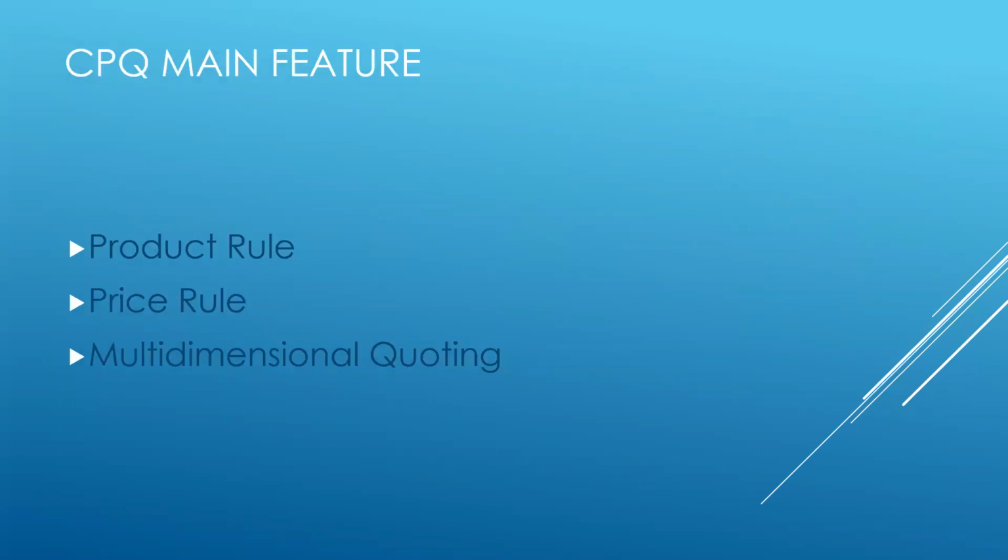Now coming to the second thing, that is price rule. Price rule is more of the pricing thing. If we want to manage price, in technical terms, a price rule is more like a workflow, but it is specific to some time. Price rule is specific to time. It is more like a workflow, but dependent on some product like quote and product.